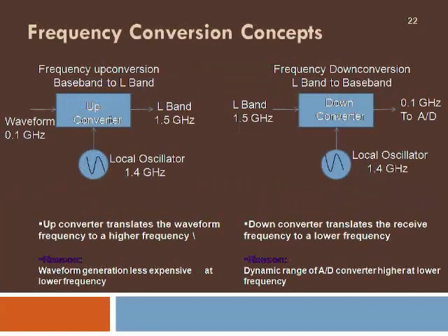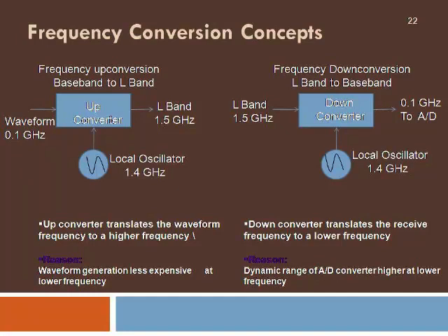So let us see some details regarding the frequency conversion concepts. How are we going to do it? So here for frequency conversion we require two inputs to this mixer block. One input will be very low frequency. So just for an example, we are going to have 0.1 gigahertz or 100 megahertz signal as the input. The other input is going to be from a local oscillator. Typically it can be 1.4 gigahertz.